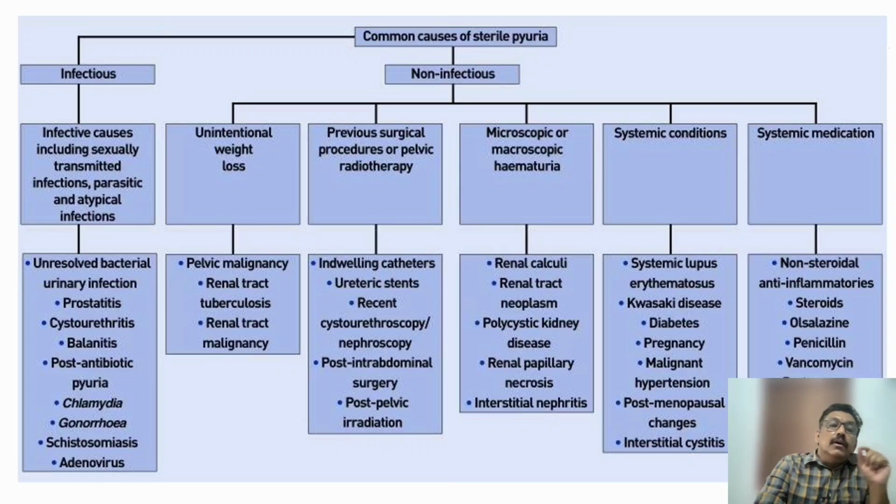Now, these are the common causes. We have already discussed culture negative urinary tract infection. You have to see this chart. I am not going into the details of culture negative urinary tract infection here. But the most important thing in our country, if there is a culture negative urinary tract infection, if there is no previous treatment given, rule out fungal infections in diabetic patients. Repeatedly, if you are getting urinary tract infection and not responding to your routine treatment, always rule out tuberculosis. That is very important in our country.